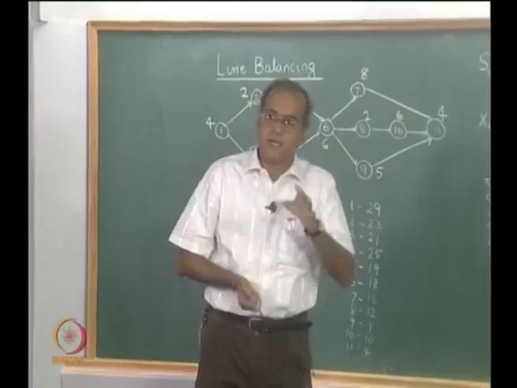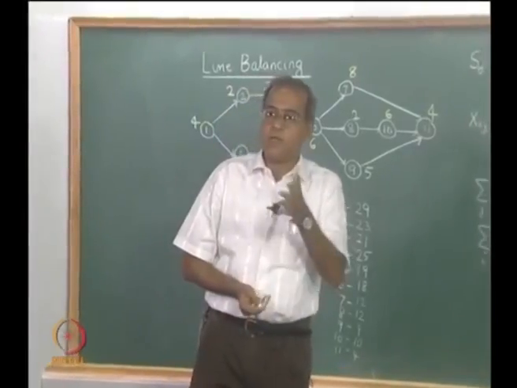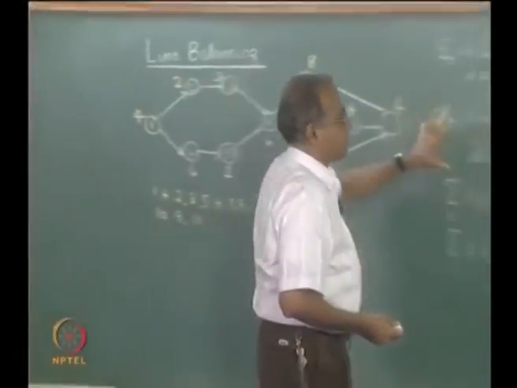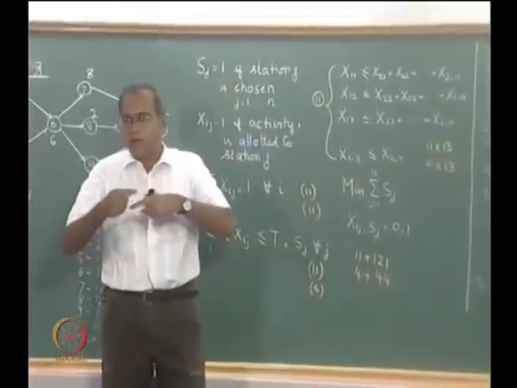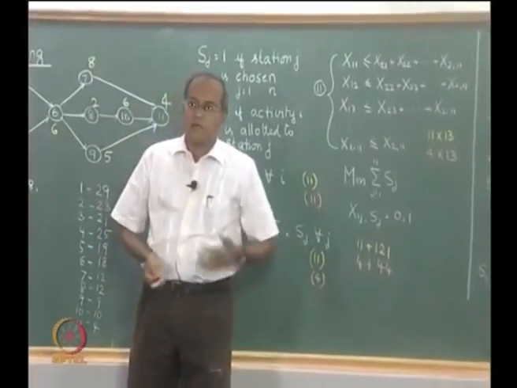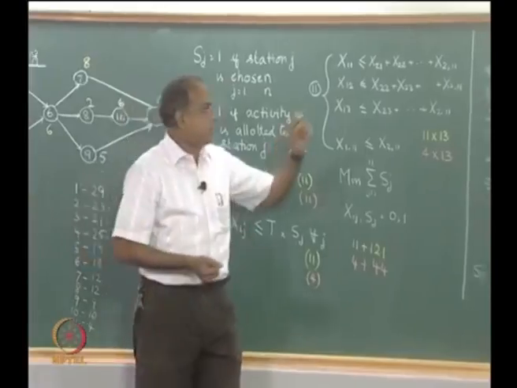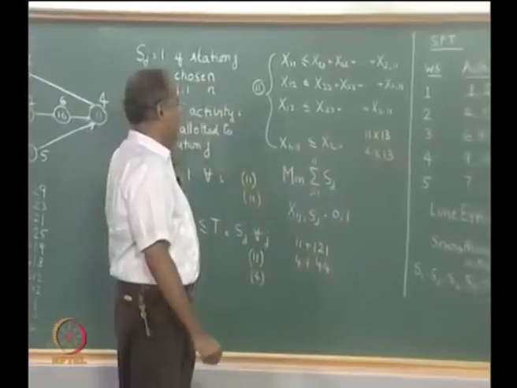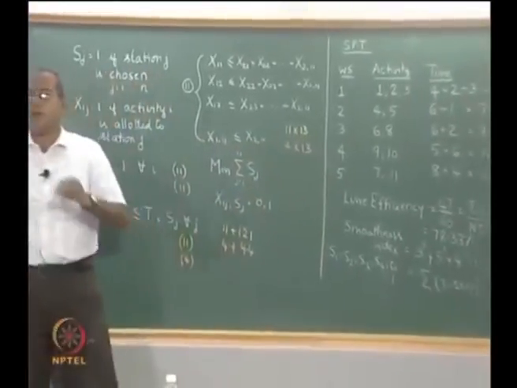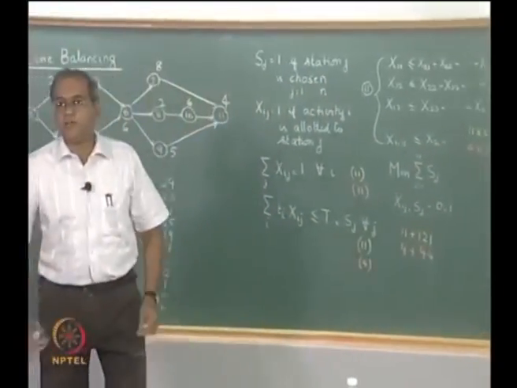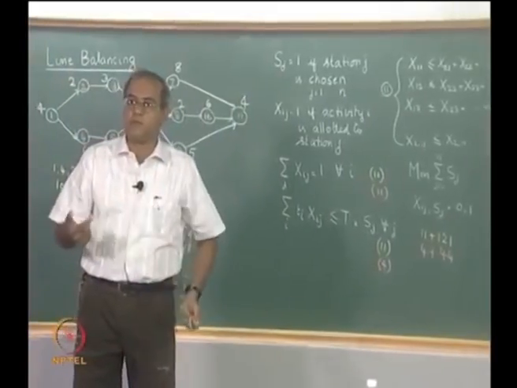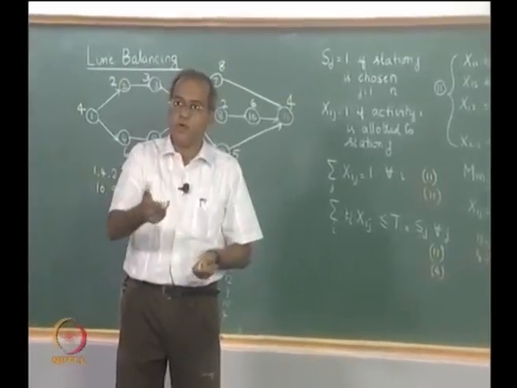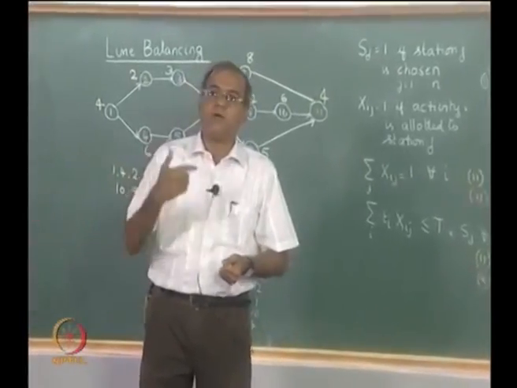So, we first try and find out, given a cycle time, what is the minimum number of workstations that are possible. Now, if we get to the optimum solution, in order to make it a little simpler in terms of number of variables, we first try and get a heuristic solution like what we have shown here. So, for 11 activities we got a heuristic solution with 5 workstations, and therefore, we try and solve the optimum solution case with 4 workstations. So, that if there is a solution it will show, if the optimum is 5 then it will show infeasibility.